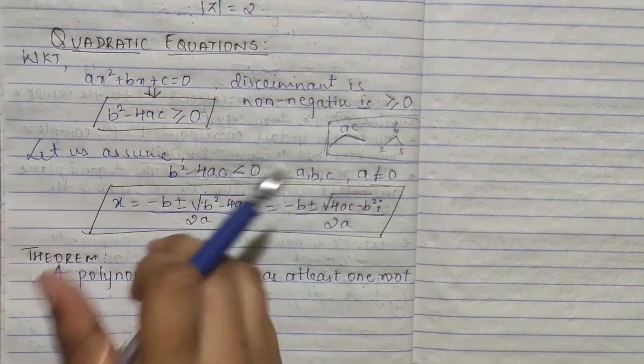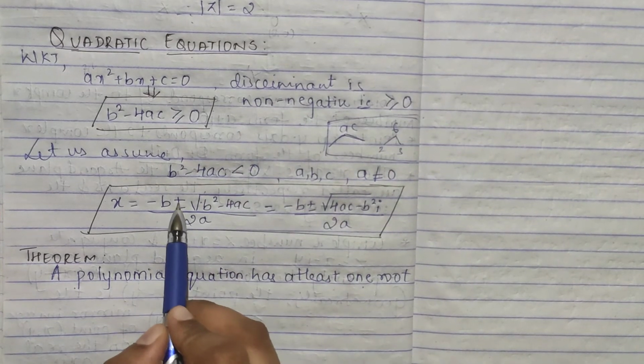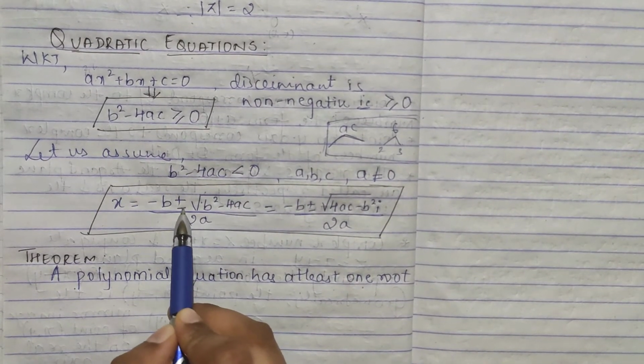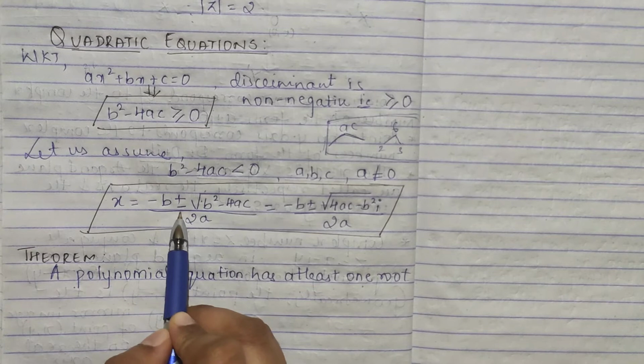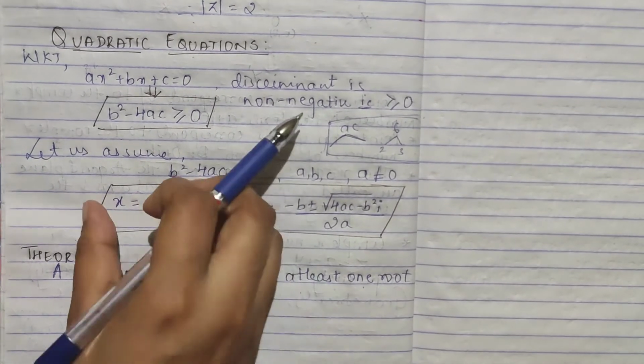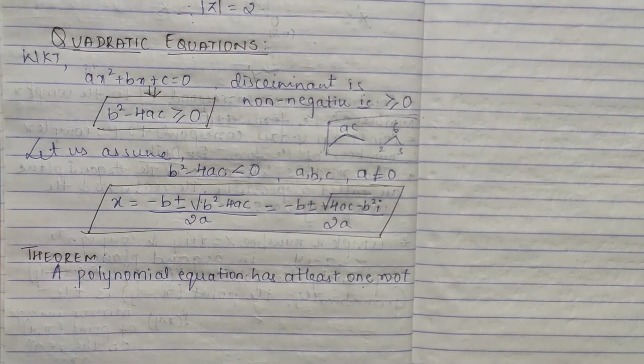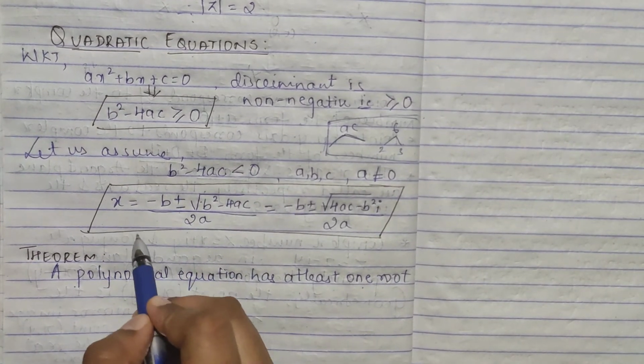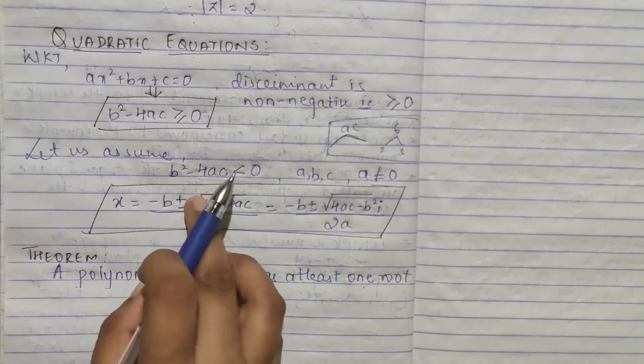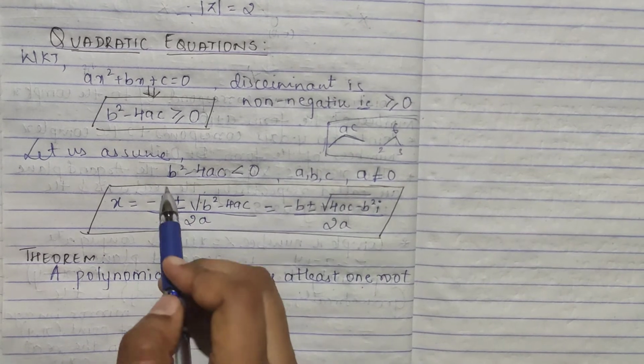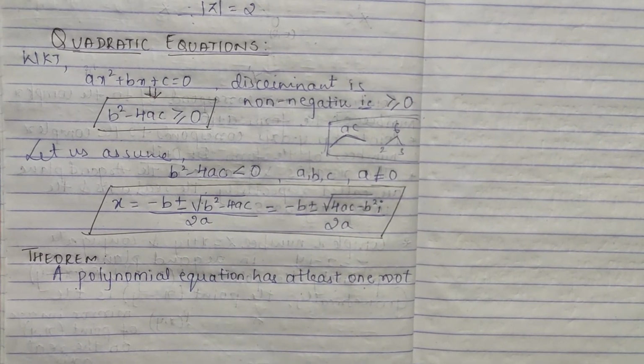But here, if they ask you for the roots, see, here it is a plus and minus sign, plus or minus, both you will be writing. But later, if they tell you to write the roots, first with the plus sign you have to write x is equal to, you have to just split it: x with plus and then one more x with the same, just here it will be minus. That's it.